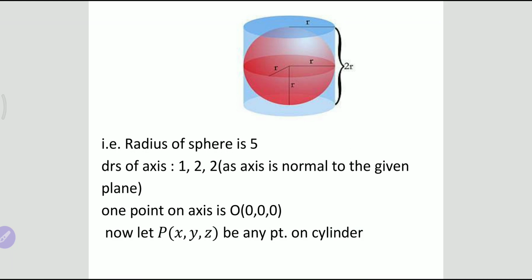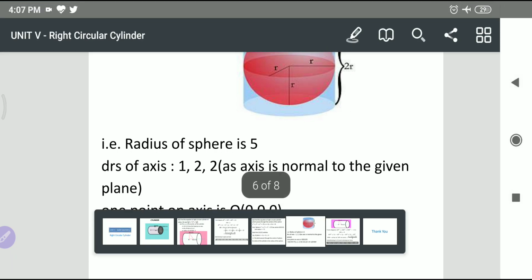And one more thing, the plane that you are having is nothing but the darkened part. The line which is perpendicular to that is nothing but the normal. And if you observe one more thing, that normal line is nothing but the axis of the cylinder. And we know that